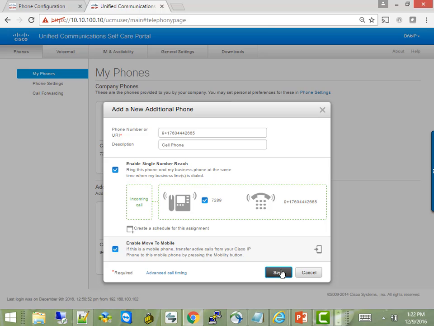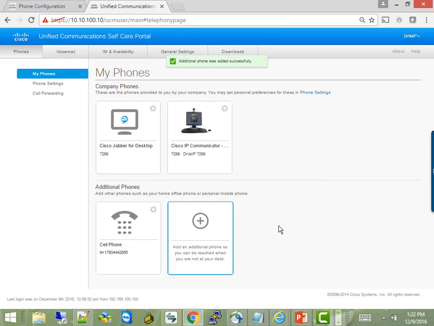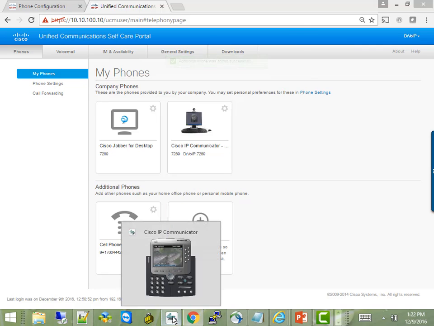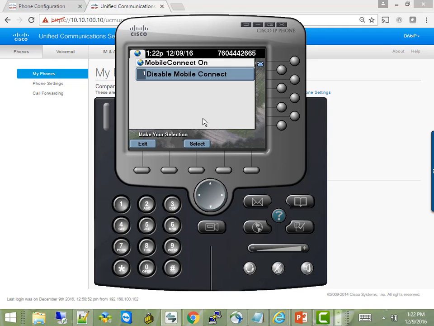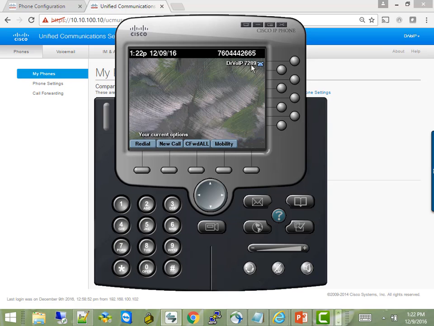Once this is saved, single number reach has now been configured. And in fact, if you go back to the phone here and select mobility, it's going to give you the ability to go ahead and select mobility, and a phone call to this number will now also ring my cell phone. So that's what it takes to